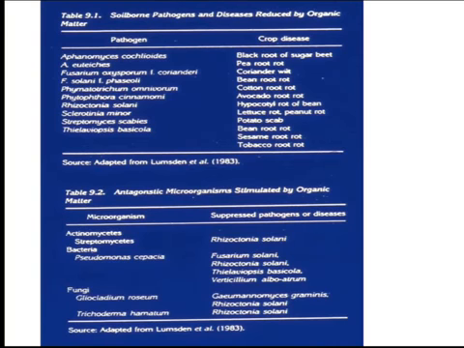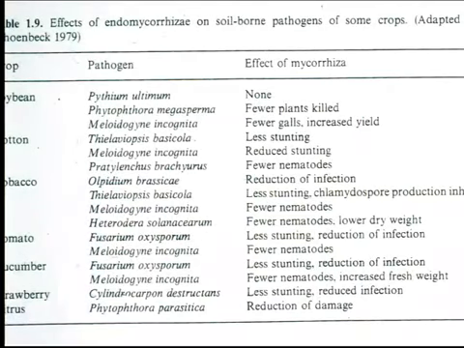Just like insects have enemies, pathogens have enemies. So Trichoderma, you can buy Trichoderma, you can buy these guys also. They're called antagonists, not natural enemies as in the case of insects. And then there is another thing that you encourage with organic matter, which are mycorrhiza. Mycorrhiza are these fungi that grow in the soil, and they colonize the roots of the crops.